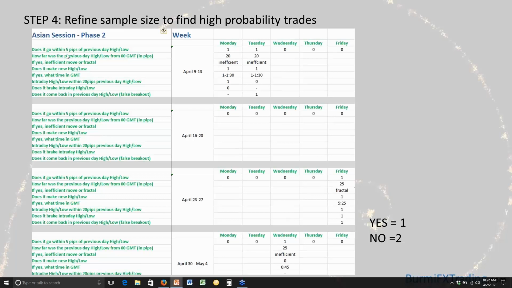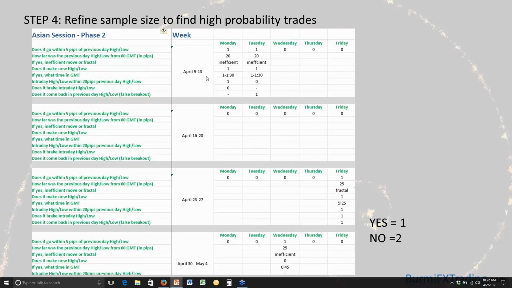So here, you just ask a couple questions to yourself. Does it go within 5 pips of previous day high and low? If yes, then you just write 1, Tuesday, yes, and then how much response from the previous day high and low, what does the spike look like? When price was spiking to the previous day high, we see a spike of 20 pips. What does the price movement look like, was that range bound or